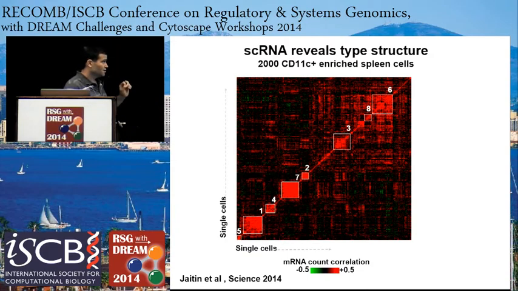So what you see here, let's start with that, are about 2,000 single-cell RNA-seq profiles that were acquired using mouse spleen cells that were enriched for dendritic cells. And you see here the covariance, or the correlation, between those single-cell RNA-seq profiles. And the idea in such an approach, once you have the technology, is that you can sample cells in an